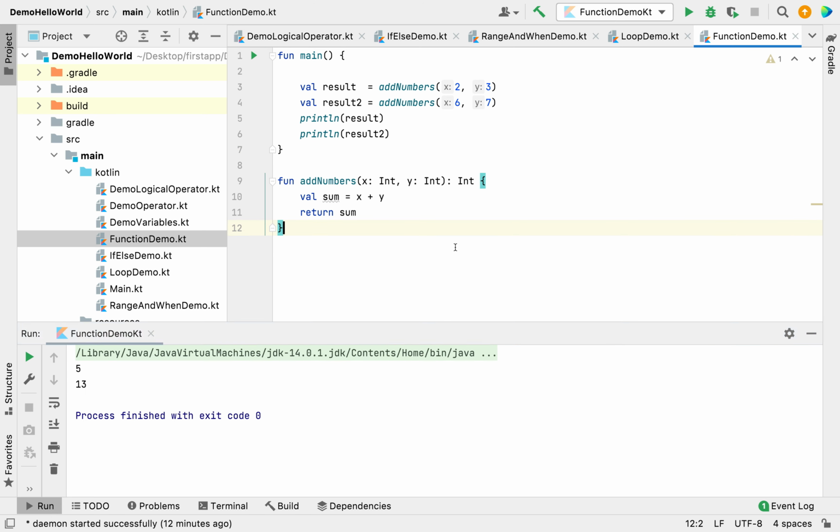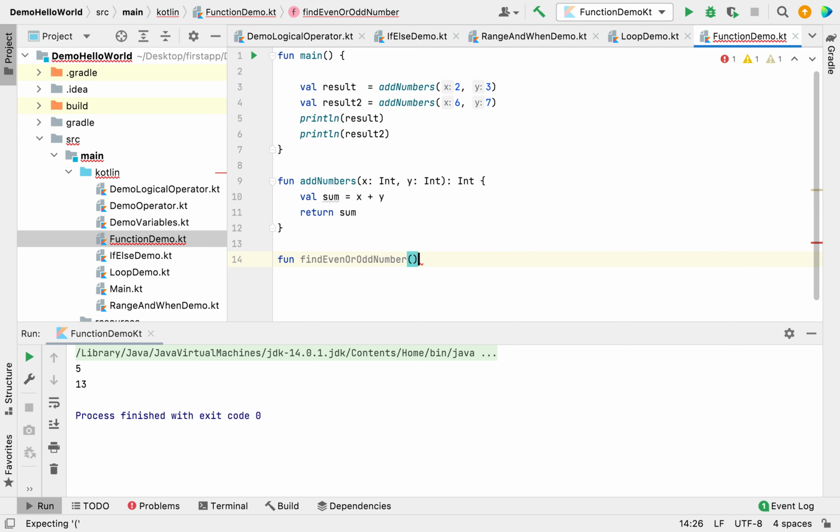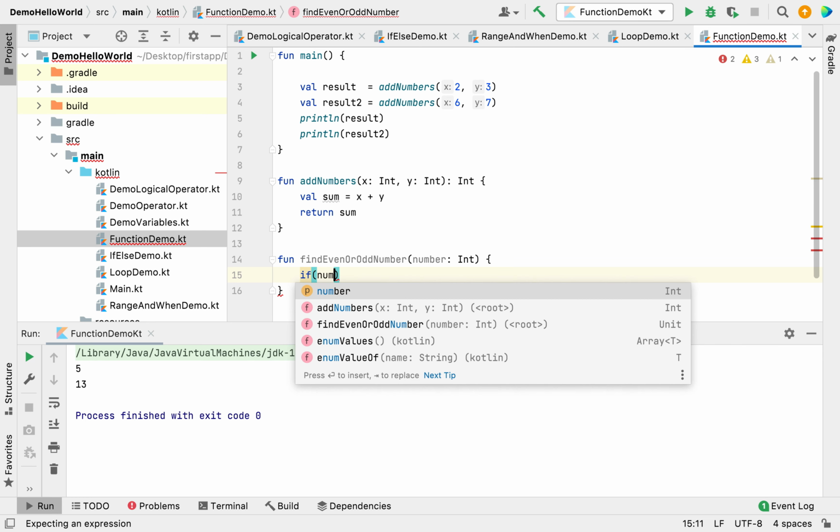Now let me create another function, and this function will find even or odd. So for even and odd, we need one input, so we need one parameter, which is the number the user will enter.